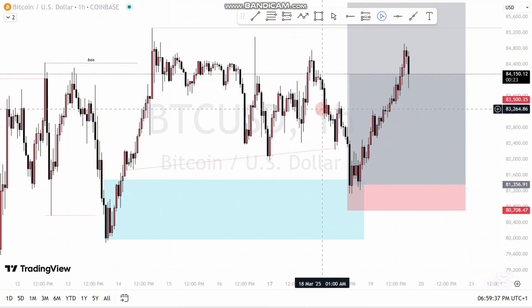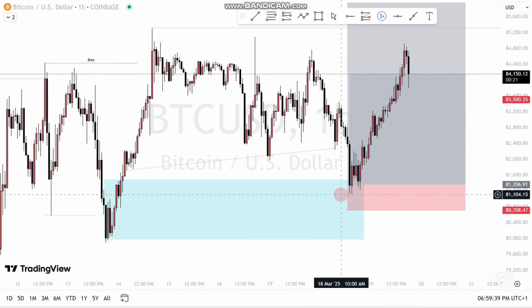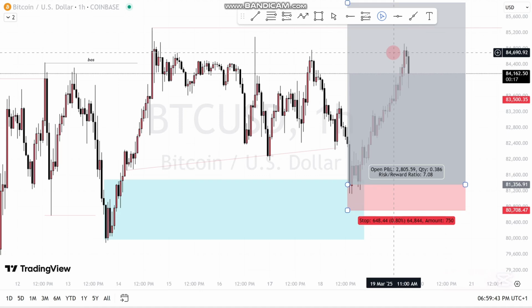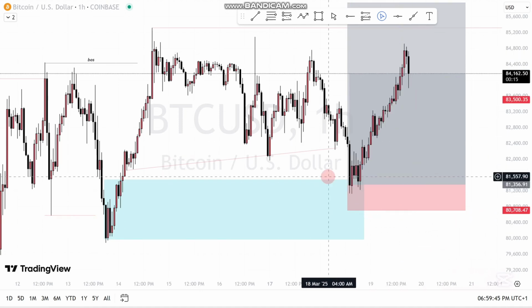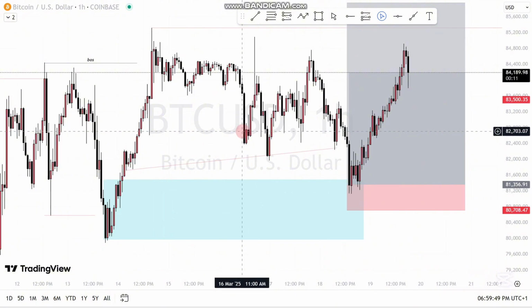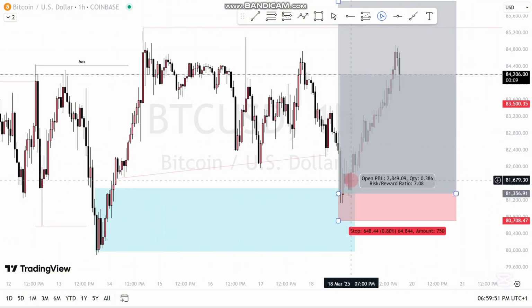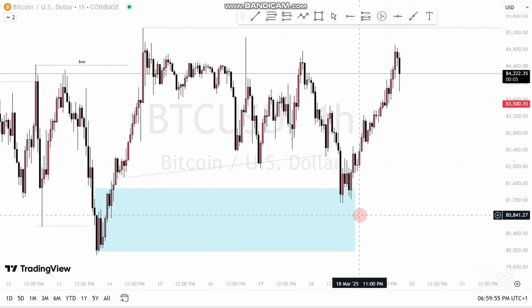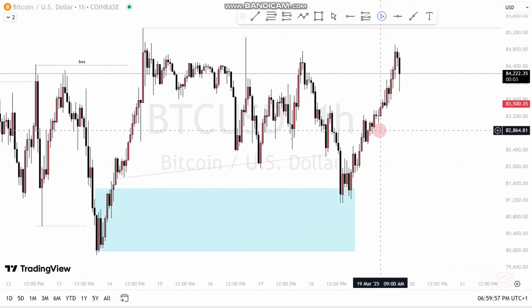And immediately price took it out. Look at what happened. Price pushed all the way to the upside, taking out this high. So how could we have capitalized on this trade? It's very simple. Immediately you see price tap into your zone, you want to go to the lower time frame, like the 5 minutes or the 15 minutes. So on the 5 minutes,